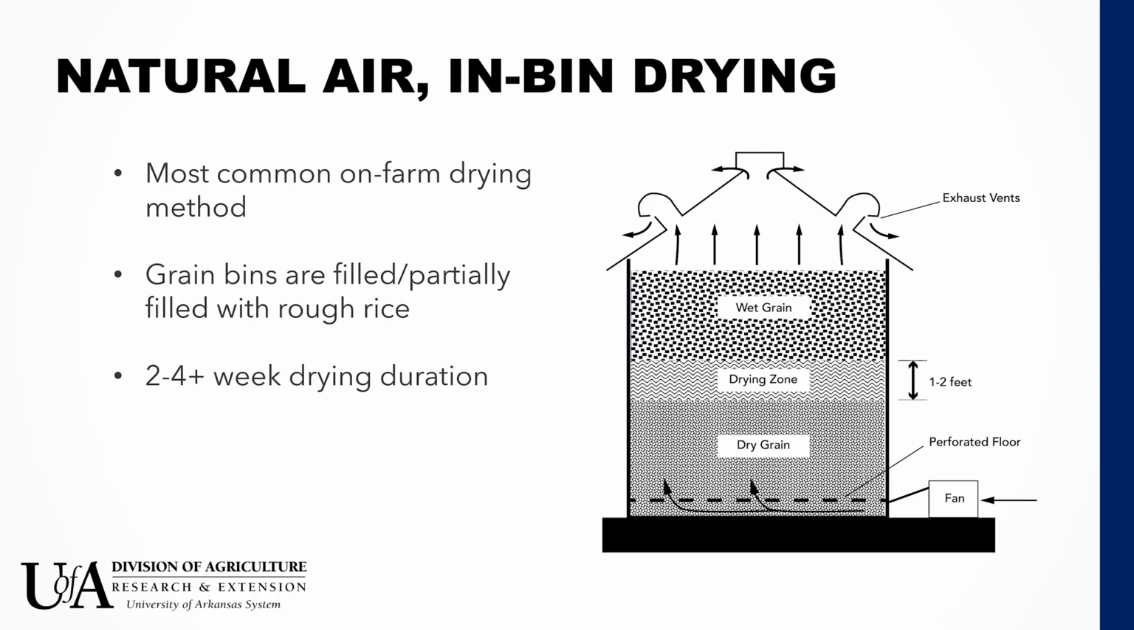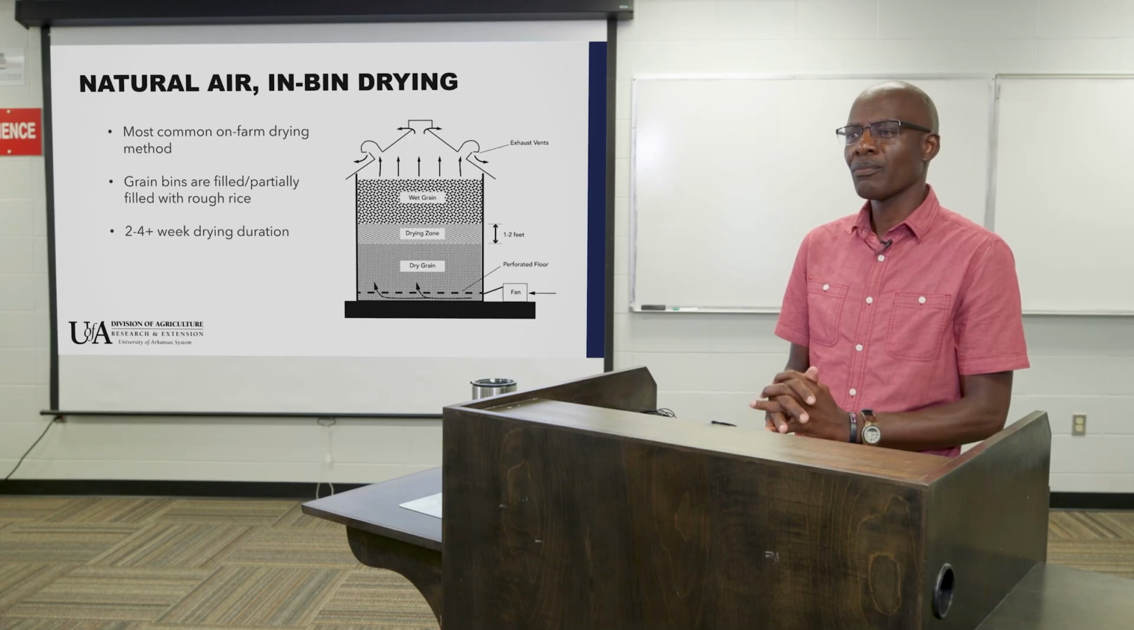This is the most common on-farm drying method that is available, particularly within the United States rice drying areas. In these systems, the grain bins are filled partially or sometimes completely with rough rice. And because they are using natural air, there's no manipulation of the conditions of the air, so the typical drying rate is very, very slow. The drying within these bins can take 2 to 4 weeks, and sometimes even longer, depending on the air